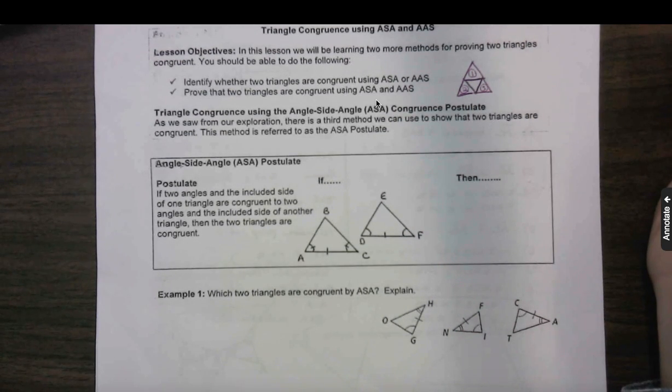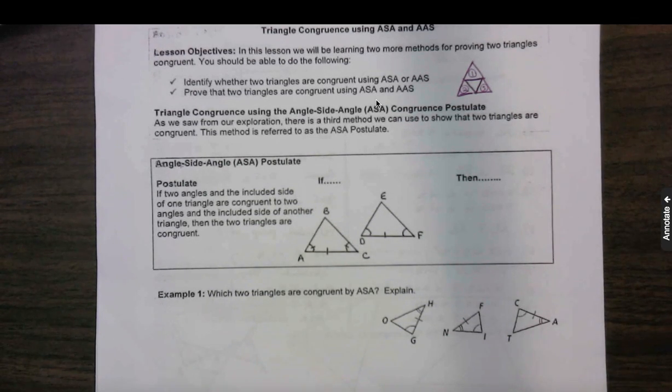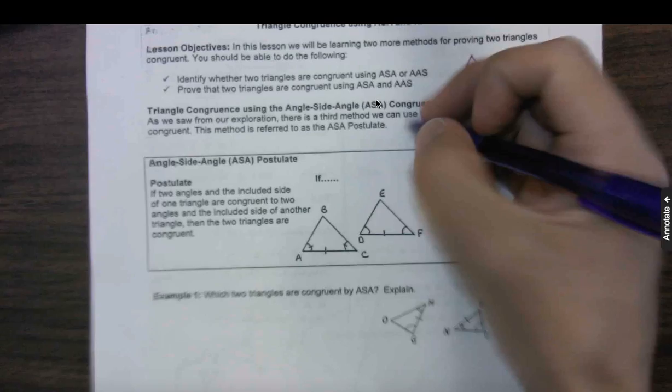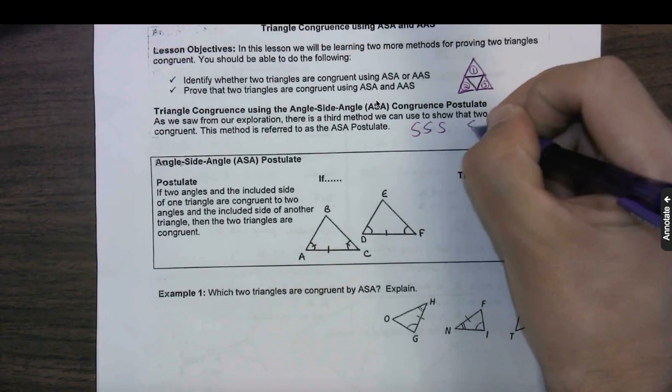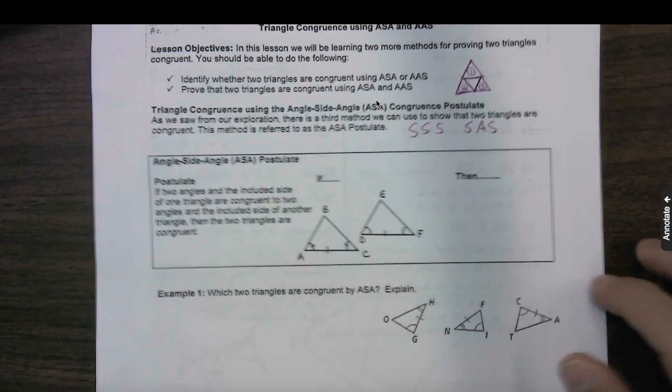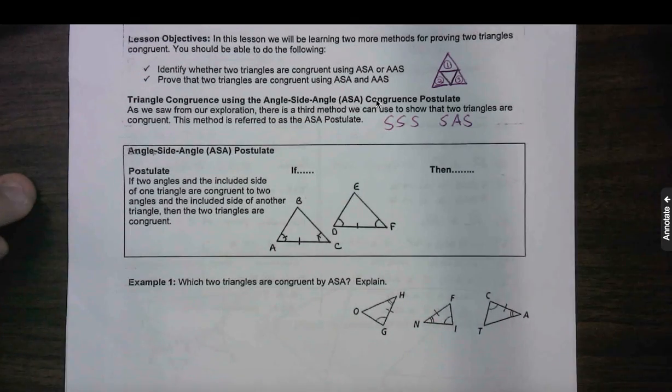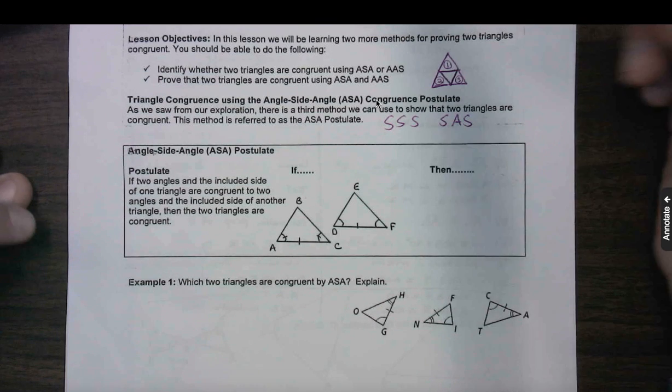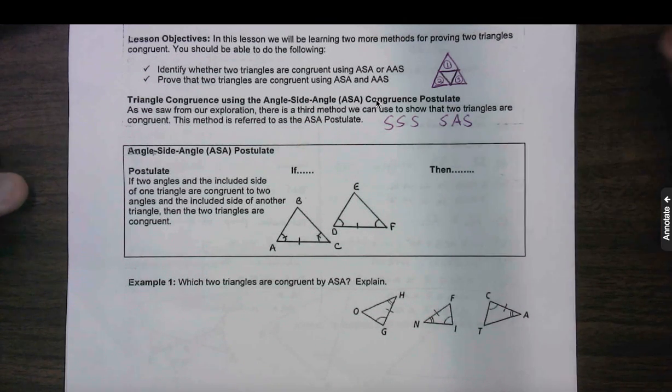The portions that we saw previously, I believe, were side, side, side, and side, angle, side. Yeah, so previously you saw just side, side, side, and then side, angle, side. And I didn't teach that one. I had a guest step in for me. But now we see another way that we can see if triangles are congruent or not, starting first with angle,